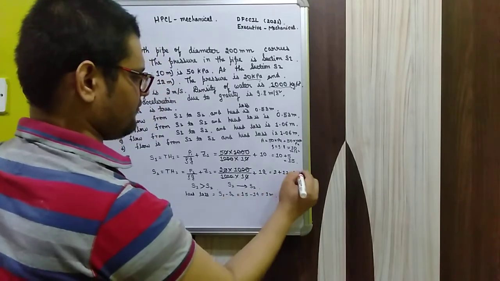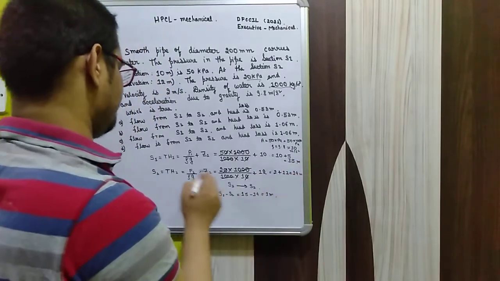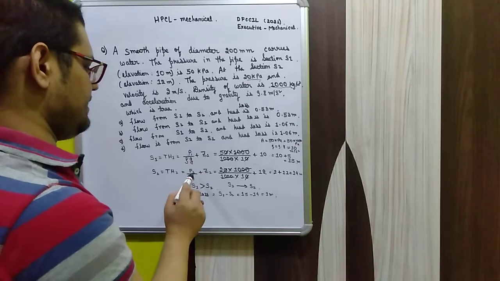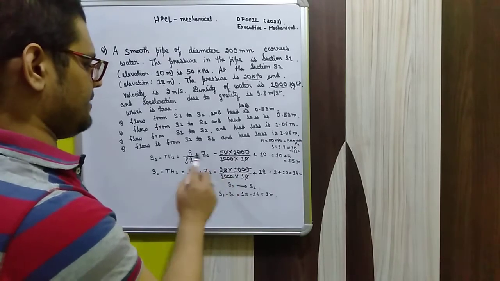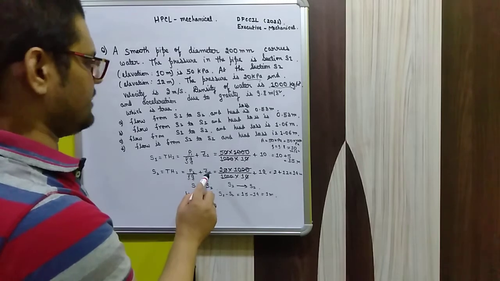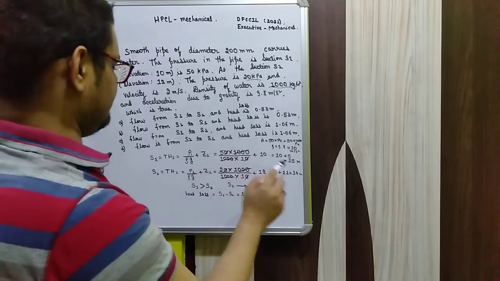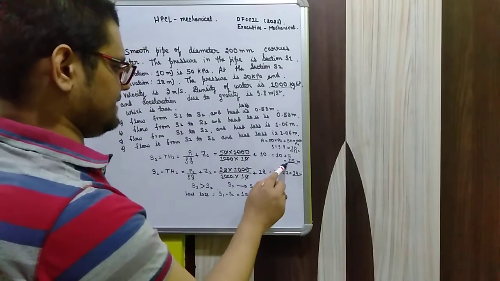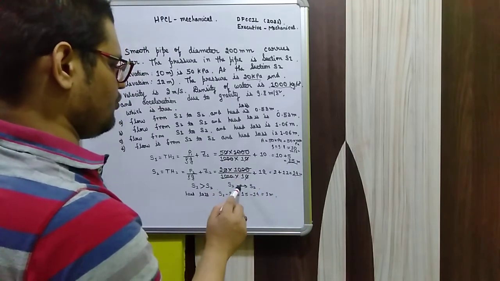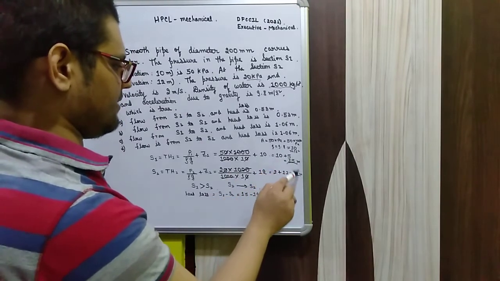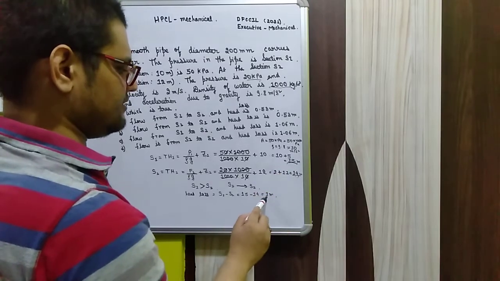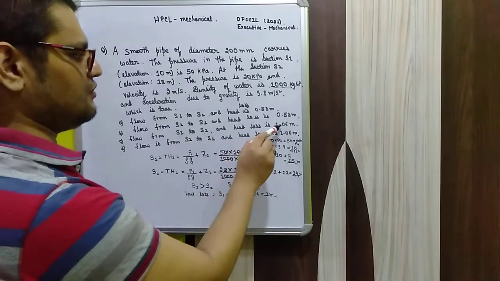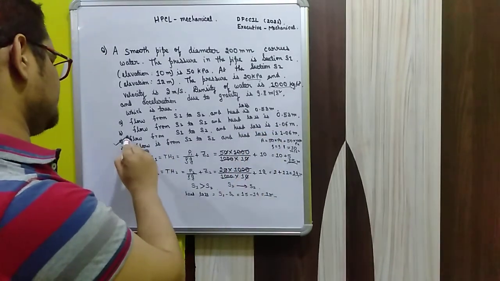So I hope you have understood how I have calculated. We have just used the formula of Bernoulli's equation, P1 by rho G plus Z1 and P2 by rho G plus Z2, and we have just put the value of pressure, density, acceleration due to gravity and the elevation. We have got the flow in section S1 as 15 meter and S2 as 14 meter. As the S1 value is greater than S2, the flow will be from S1 to S2, and for the head loss we have just subtracted the values from each other, so it will be 1 meter. So the option we can see is flow from S1 to S2 and head loss of 1 meter. So option C is correct.